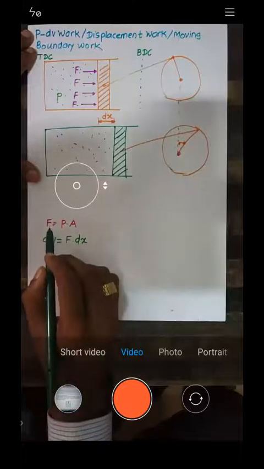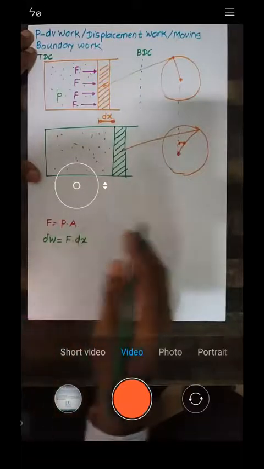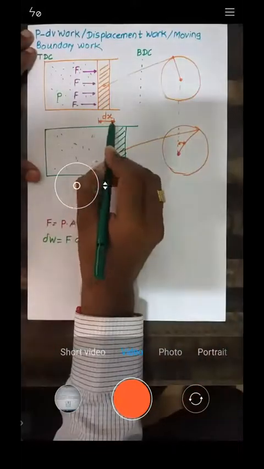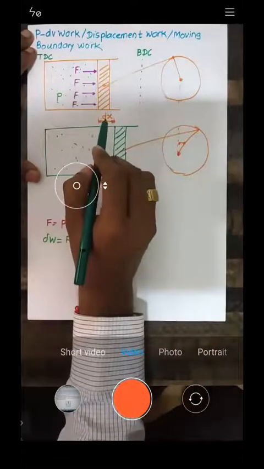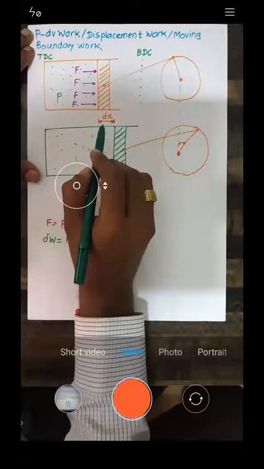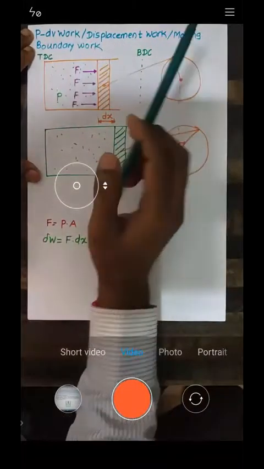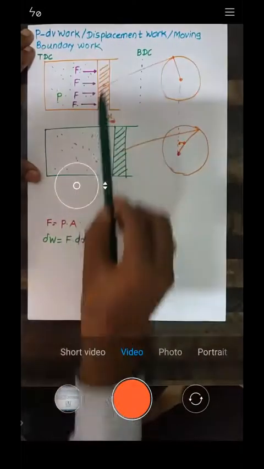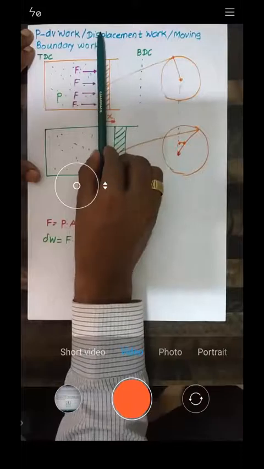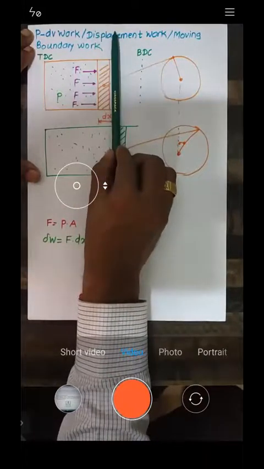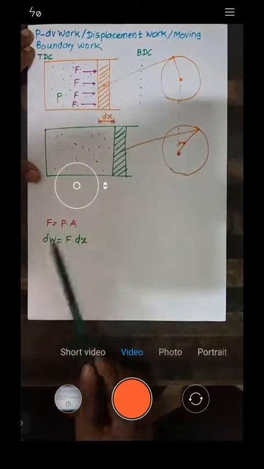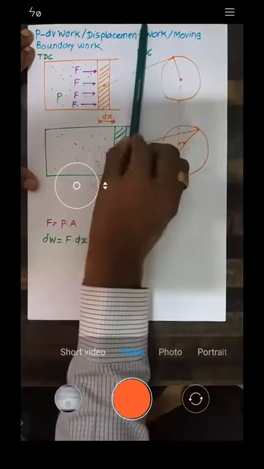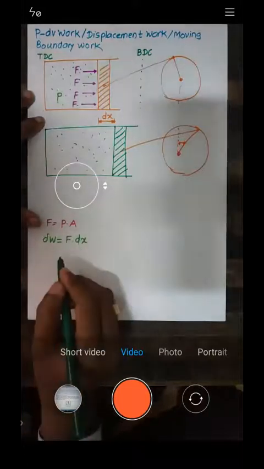Now see, the force is causing displacement, so it gives rise to work, right? Now try to understand this work. It is for a small displacement dx. But I am interested in calculating the work when the piston moves from top dead to bottom dead, right? I want the work when the piston moves from this end to this end. This del W is only from here to here. I want the work done when the piston moves from top dead to bottom dead. So basically, in order to do that, I need to integrate it.